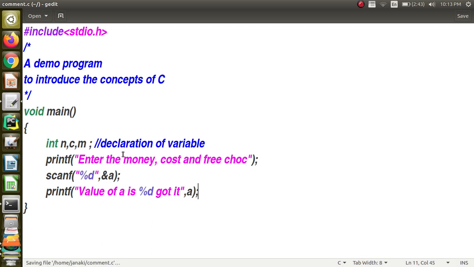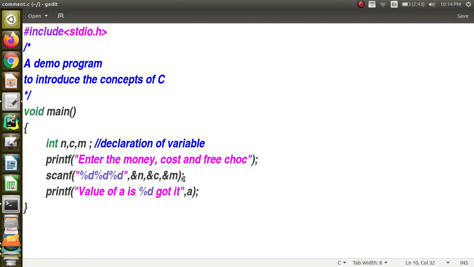If I say like this, then I am going to read three variables. You can read one by one or all together, but don't leave any space, and there should not be a comma or anything within the format string. As beginners, I have seen many students making this mistake. Please don't make that mistake. The format string should contain only the percentage followed by the character of the data type you are going to read.